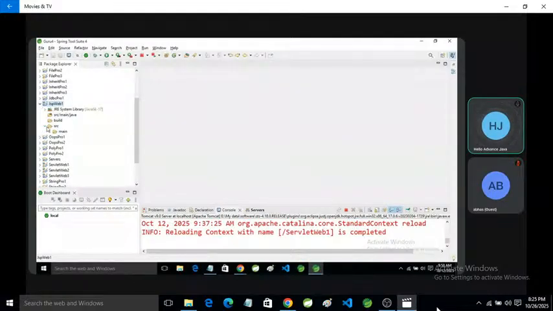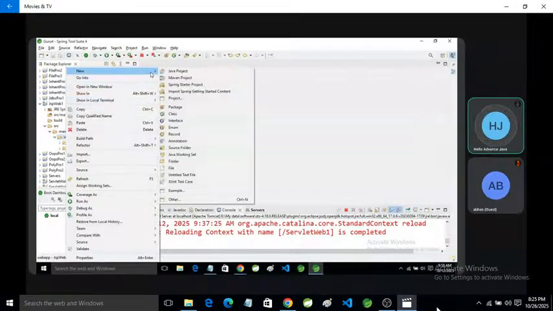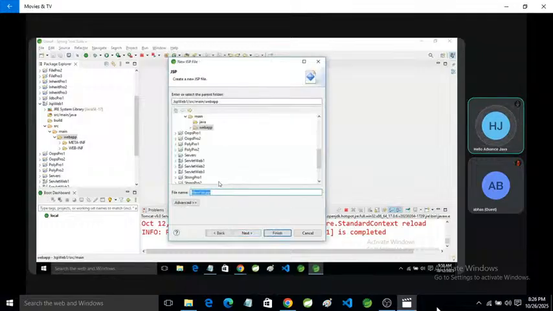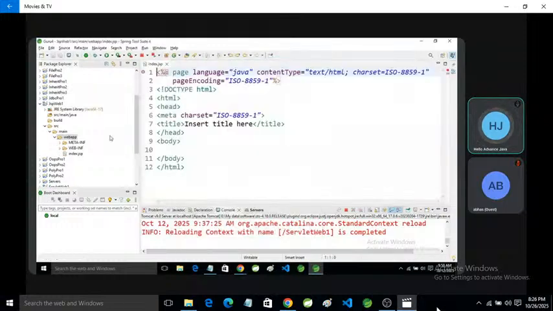Okay. We can use a JSP file as a controller, but actually the problem with the JSP file is security reasons. If you want to create a JSP file, it will exist in the web app folder, just like an HTML file. So for security reasons, we are not using a JSP file as a controller. JSP file, click on next. Index.jsp file, click on finish. This is the index file.